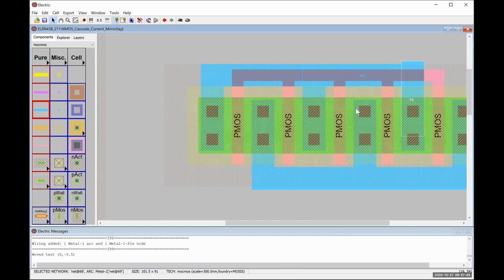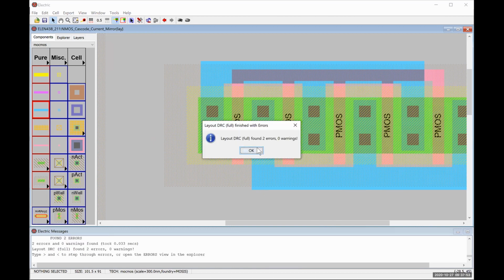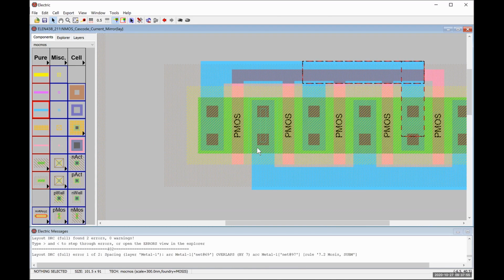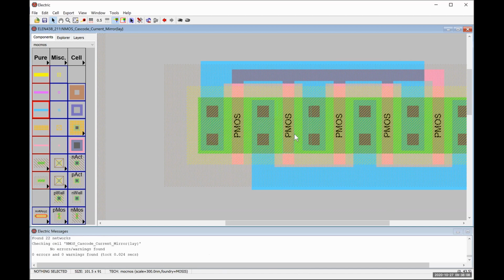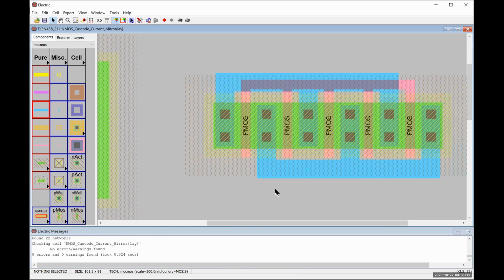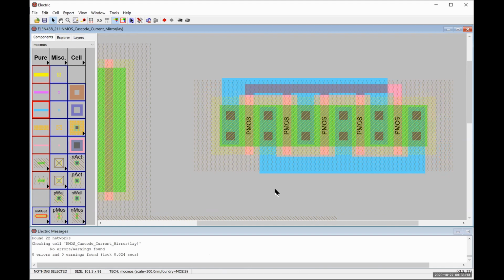Oh, that's too close. All right. 2 errors. Let's see what these are. Overlaps. So that likely means, yeah, it didn't get connected. Errors. Okay, so I got all my gates and sources tied up how they're supposed to be. So just for the sake of argument here, let's say